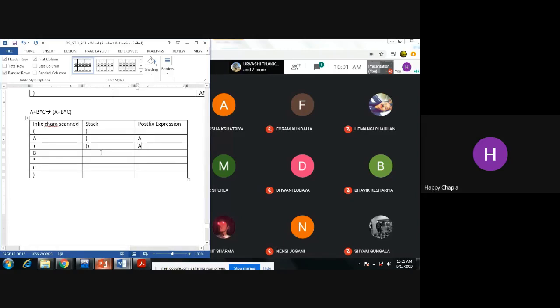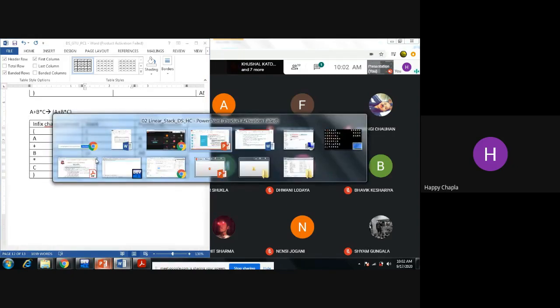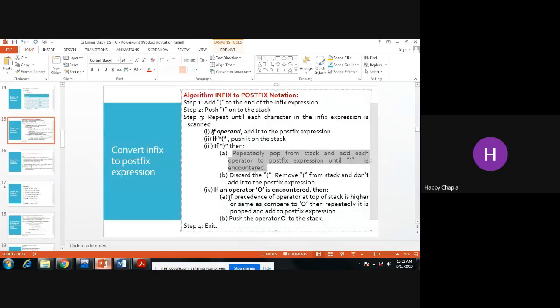Now I'm encountering B. If there is an operand, then directly add that operand into the postfix. Now I'm encountering the star. Plus is inside my stack, so check the priority of my star with plus. O is my star.